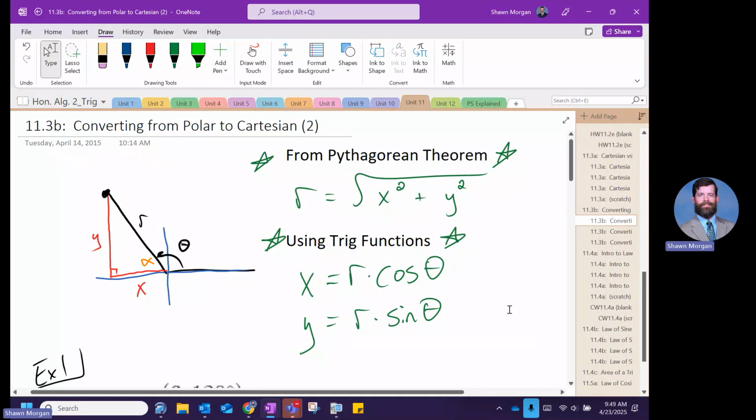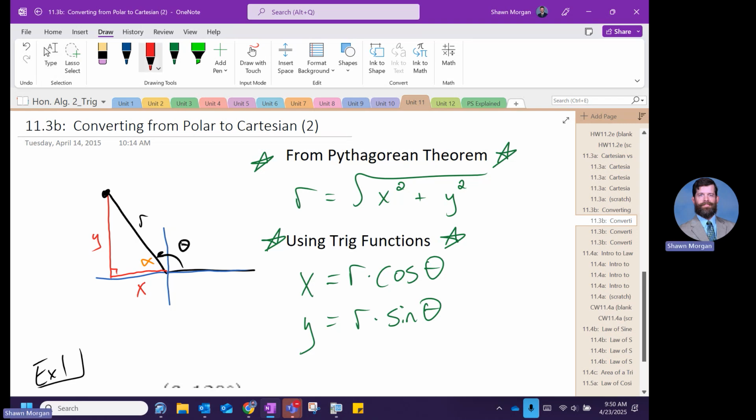Okay, so we're going to work some examples, talk about polar and Cartesian coordinates. And these three formulas are key for our success today. The first one's just from the Pythagorean theorem, and the second ones are from SOHCAHTOA. Because if you look at it, for instance, if we said, hey, what's the